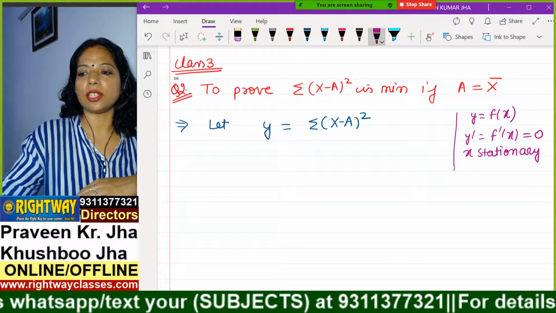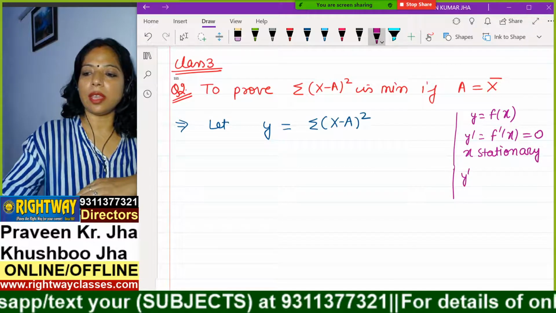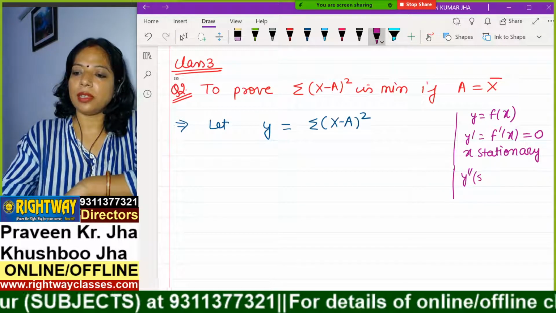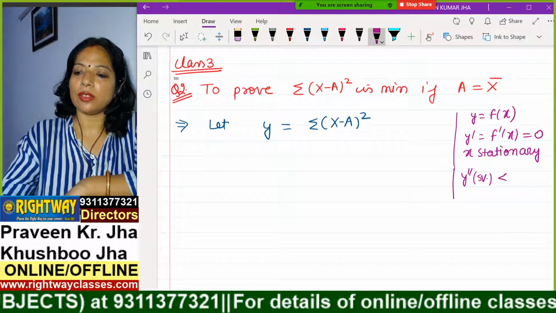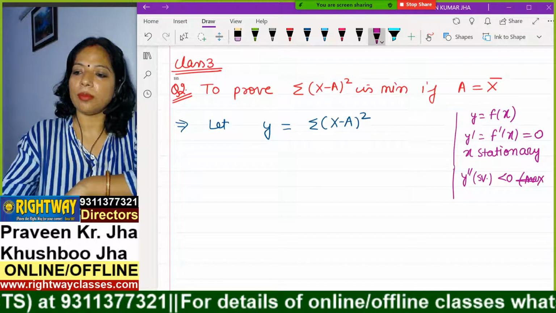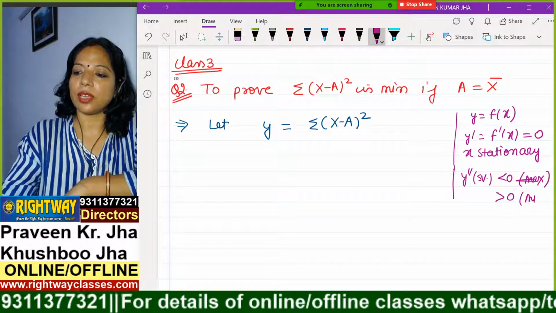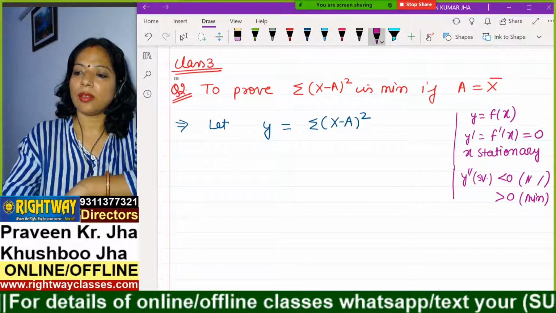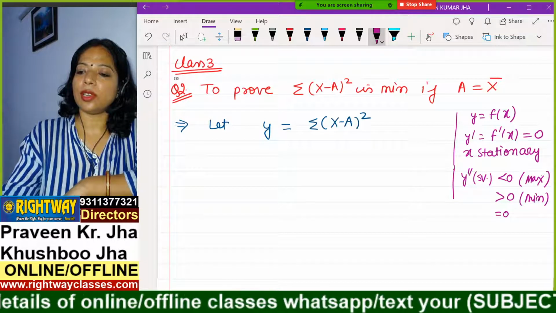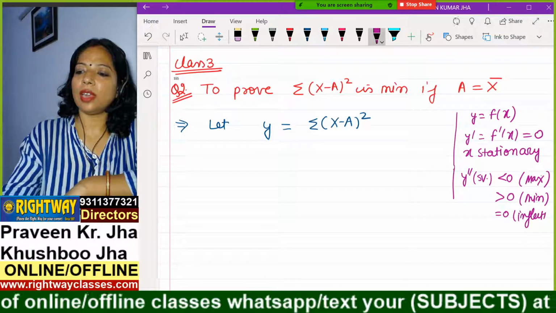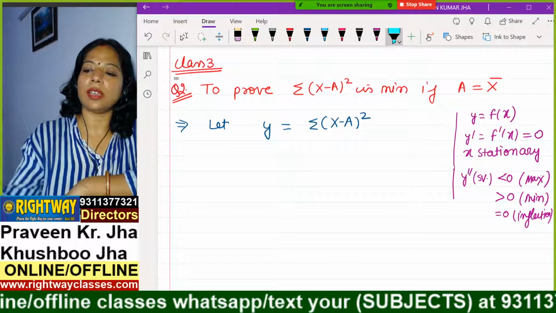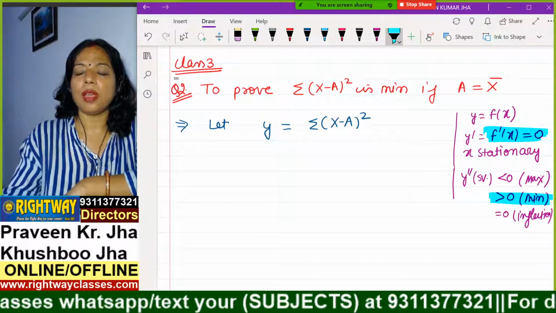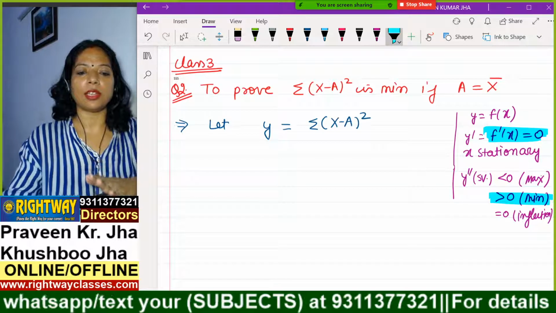We have done these stationary values, and then we check the second derivative at the stationary values. If the second derivative at these stationary values is negative, then this is the case of maxima, and if it is positive, then this is the case of minima, if you remember these things. And if it is 0, it is an inflection point. So here the only thing we need is that the second derivative must be positive and the first derivative must be 0. We have nothing to do with maxima and inflection point.